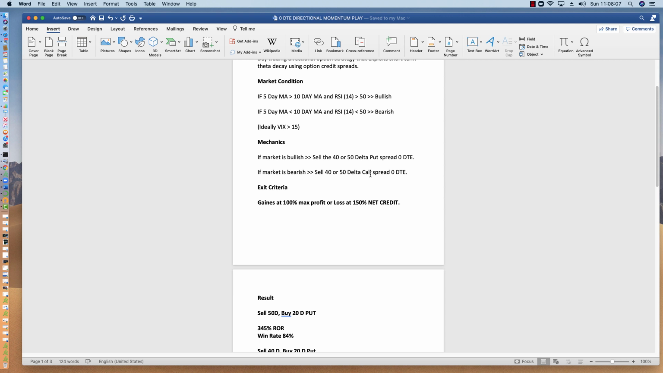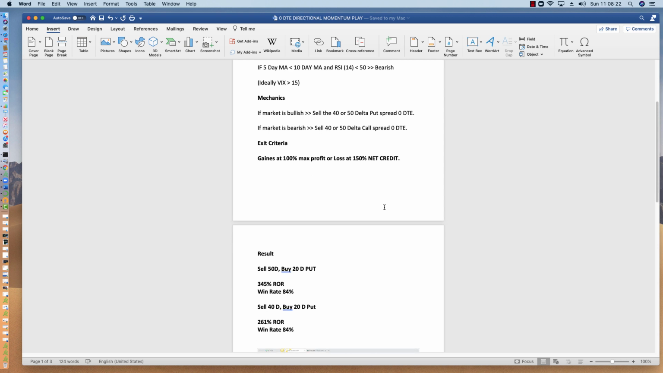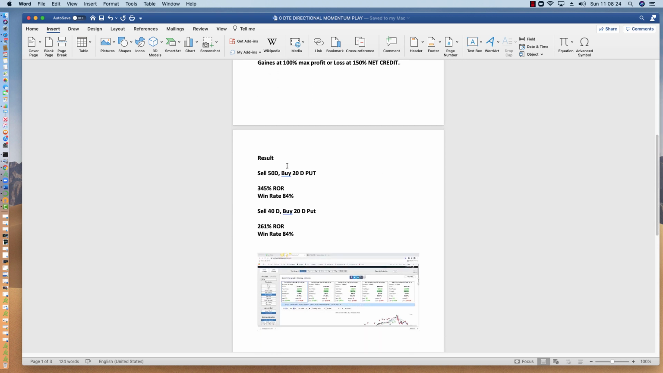The exit criteria is you take this thing off when you've hit 100% of your max profit or a loss of 150% of net credit. And I'll show you what that looks like. So the results of this strategy over the last 6 months was that selling the 50 delta put spread, buying the 20 delta put spread results in a 345% return on risk in 6 months